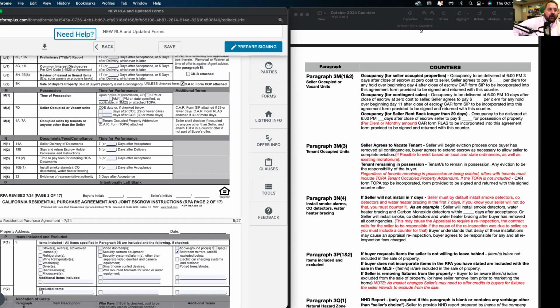CAR form SIP to be incorporated into this agreement. Form provided to be signed and returned with this counter. So